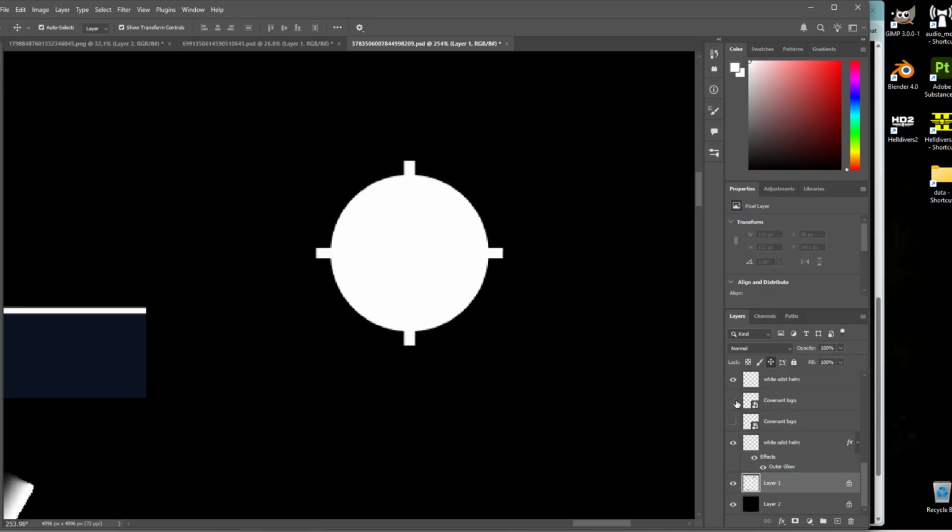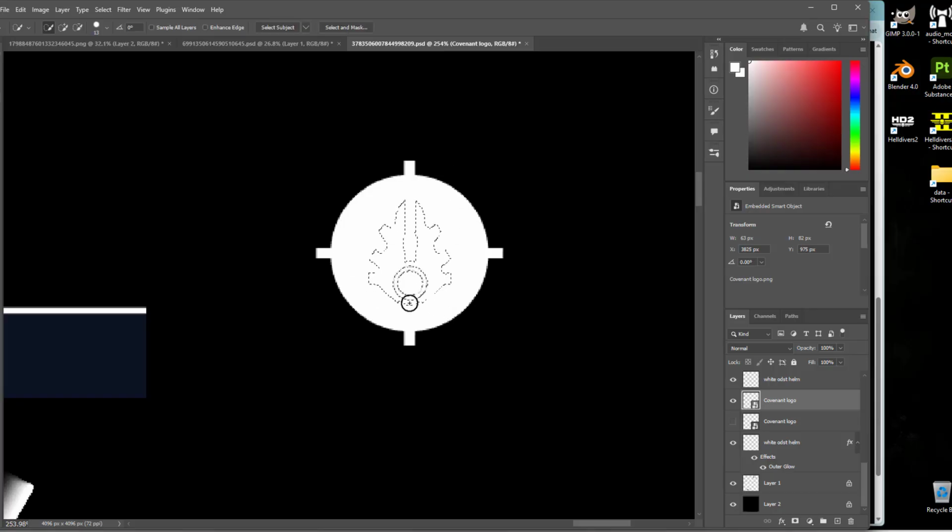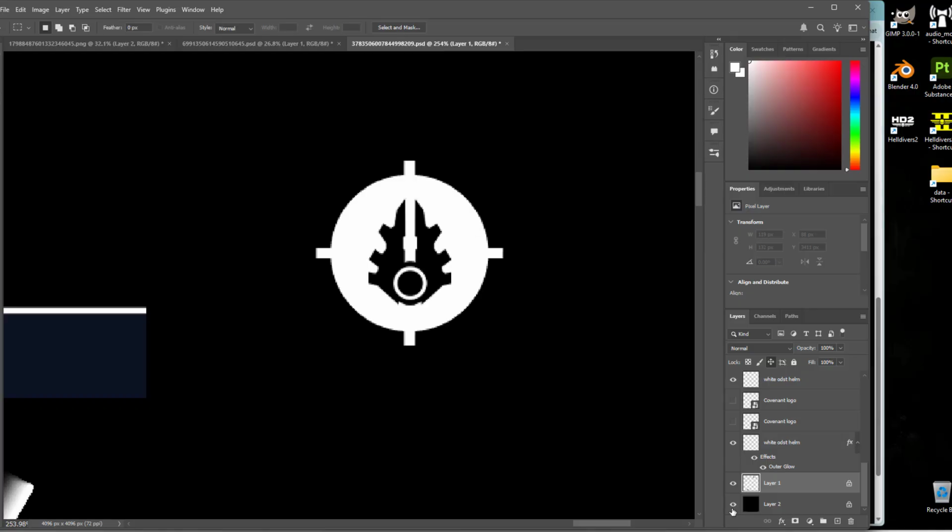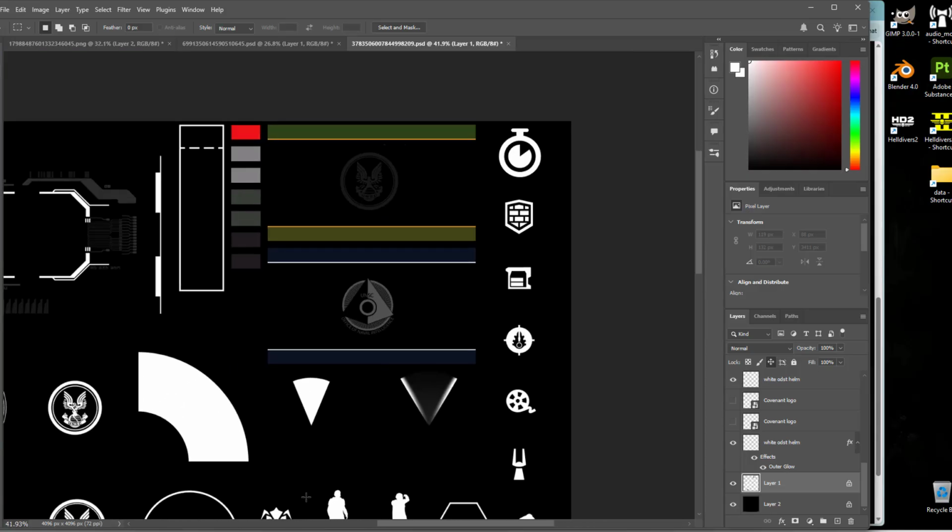And then we're going to bring in our new faction symbol, which is the covenant symbol. We're going to put it into position. It'd probably be easier if I made this image black, but whatever. And then do the quick selection tool. Select your image, right? So now you've got the dancing ants around your image, and click on your base layer and hit delete, and then hide your logo. So now it is deleted and it is clear. Again, hyper specific, but